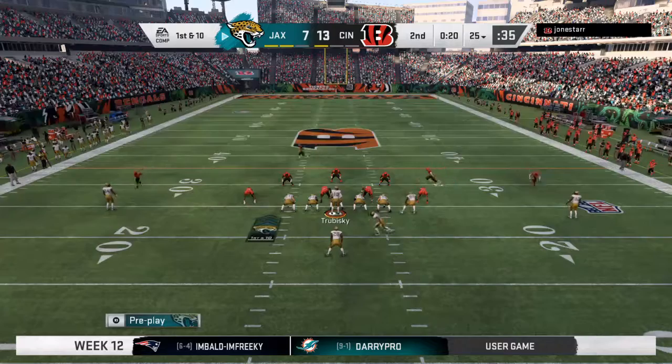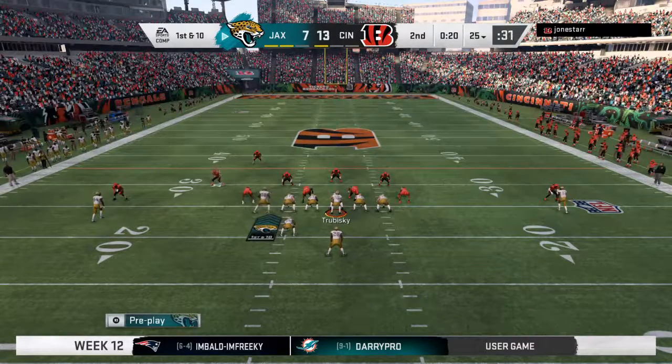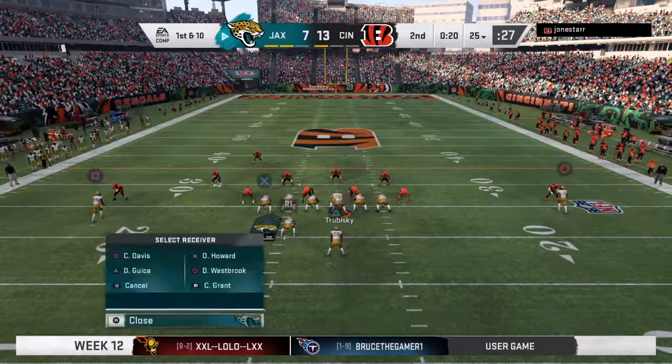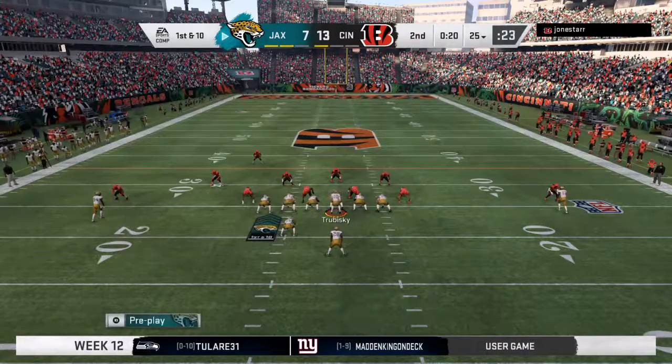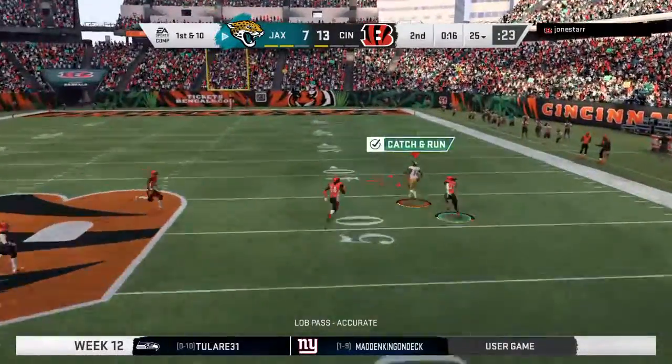Jaguars come to the line to start their next drive. You've got less than 30 seconds left here in the half. You're well on your own side of the field. What are we doing here, Coach Davis? Well, I'm trying something on first down, and it's something that's safe. It's something that's been done many times before. A lot of people say it's not even worth trying, but I'm running a draw. I'm running a screen. I'm seeing if...